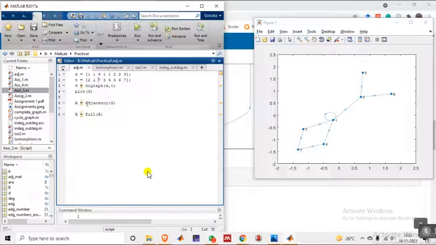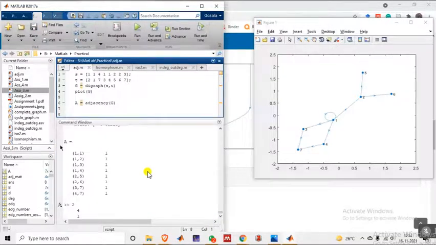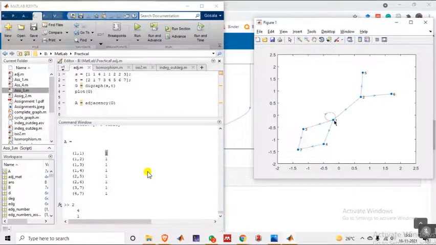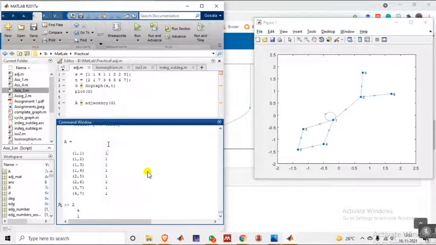So for that, you will be using the function adjacency, and you will be using the graph which you have created. So when I run the code, you people are able to see this now. At 1 cross 1, you have the value 1 here. That means there is a self loop there. It is only showing whatever edges you have in the graph. There is no edge between 1 and 5, and there is no value there either. The ordered pair shown here, there is nothing there.